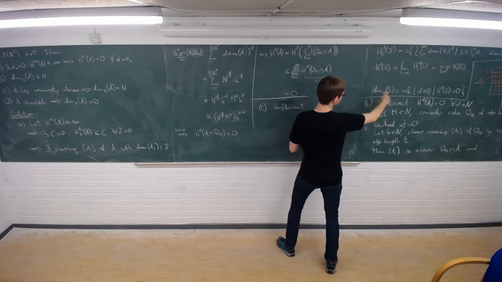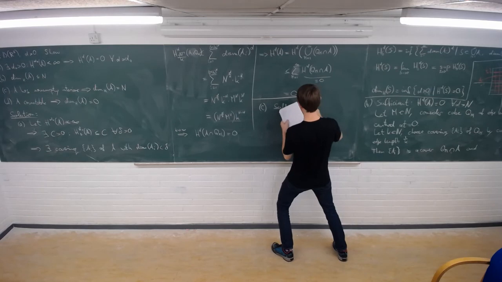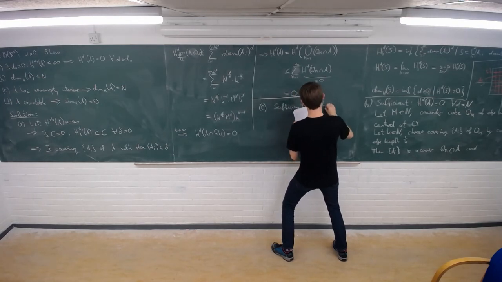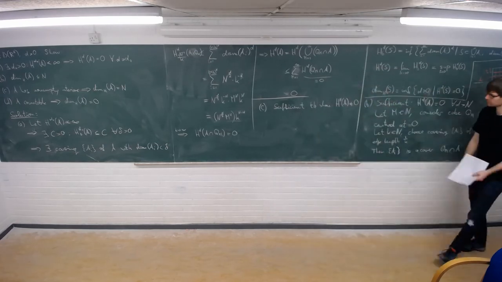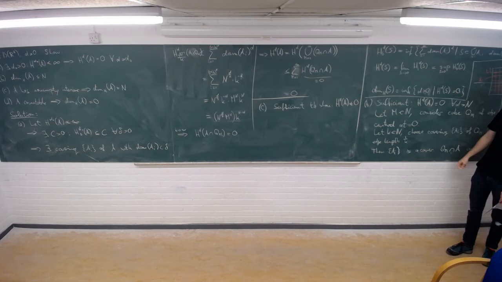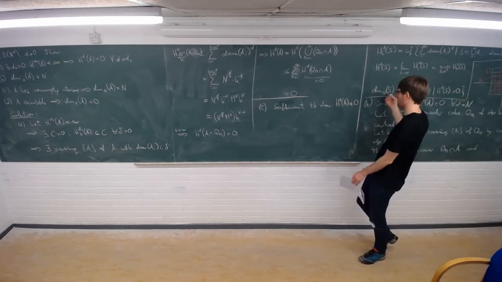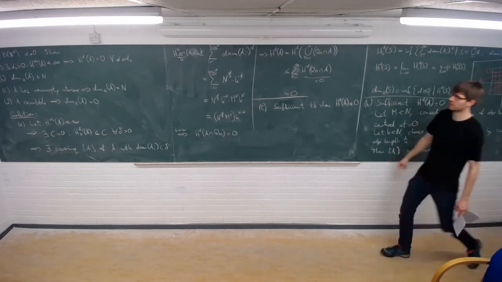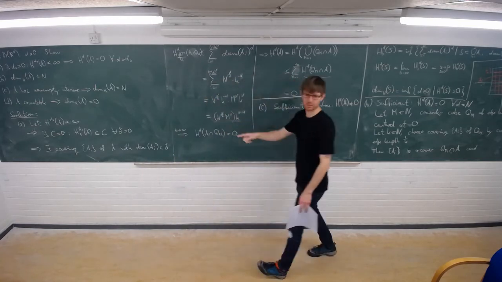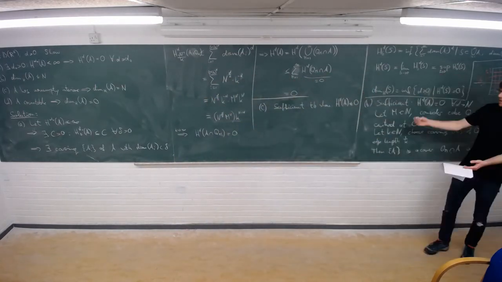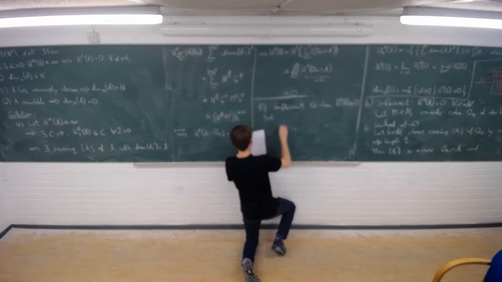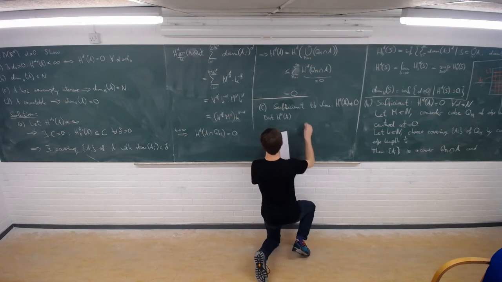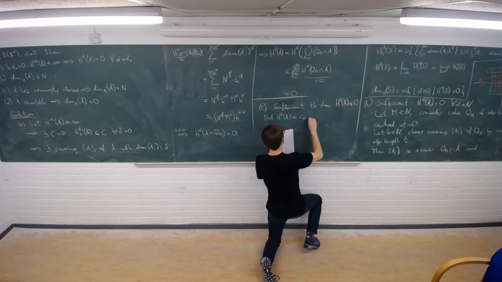So again, if you look at the definition of the Hausdorff dimension, to prove C, it's sufficient to show that H n of A is non-zero. Because then this infimum has to be larger or equal to n. But in B, we've already seen that it has to be less than or equal to n. So then it has to be equal to n. So it's sufficient to show that the n-dimensional Hausdorff measure of A is non-zero. But now, the n-dimensional Hausdorff measure by a proposition from the lecture is just proportional to the Lebesgue measure of A